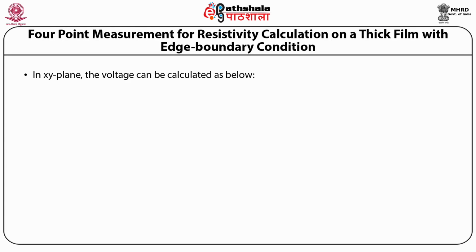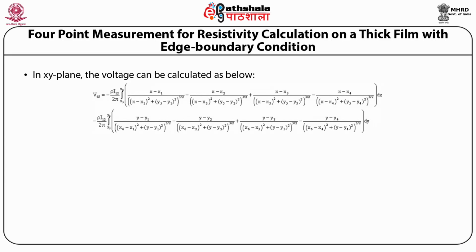In the xy plane, the voltage can be calculated as V65 equals minus ρ I12 divided by 2π into the integral from x5 to x6 of (x minus x1) divided by ((x minus x1) squared plus (y5 minus y1) squared) whole raised to the power 3/2, minus (x minus x2) divided by ((x minus x2) squared plus (y5 minus y2) squared) whole raised to the power 3/2, plus (x minus x3) divided by ((x minus x3) squared plus (y5 minus y3) squared) whole raised to the power 3/2, minus (x minus x4) divided by ((x minus x4) squared plus (y5 minus y4) squared) whole raised to the power 3/2, into dx, minus ρ I12